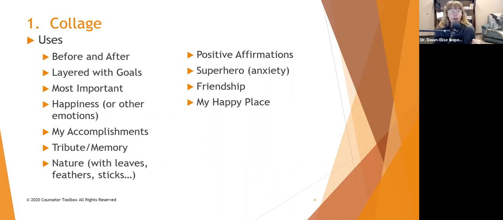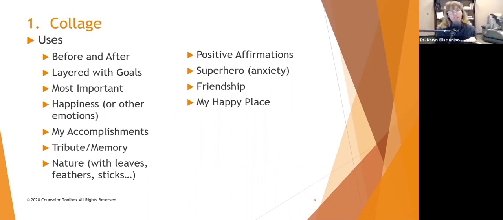Maybe they want to go on a trip to Spain, so there may be a picture of a trip to Spain under there. Maybe they want to buy a house, so that can be another picture under there. And then they can start flipping through it, and under each picture shows the goals that they want to work toward. That's helpful if you're working on a larger visualization project where the pictures would just take up an entire